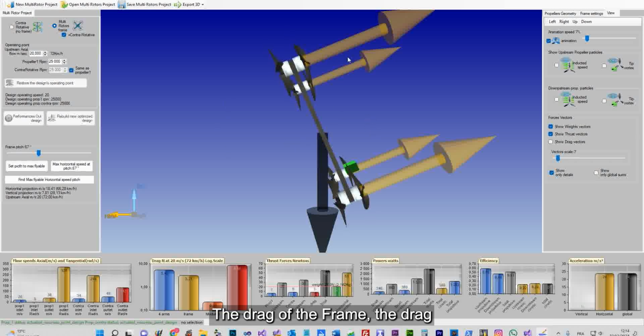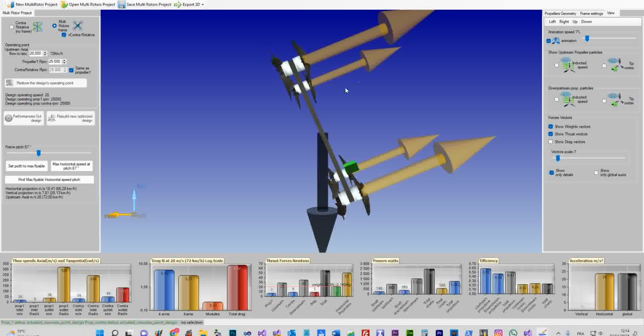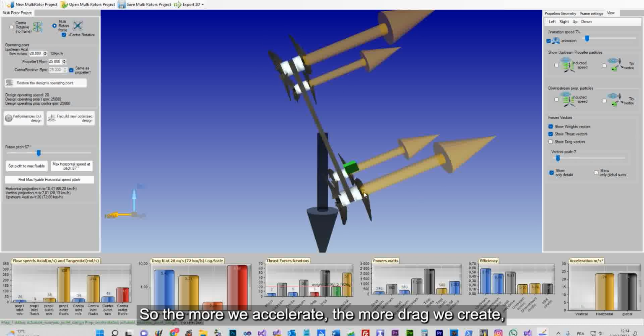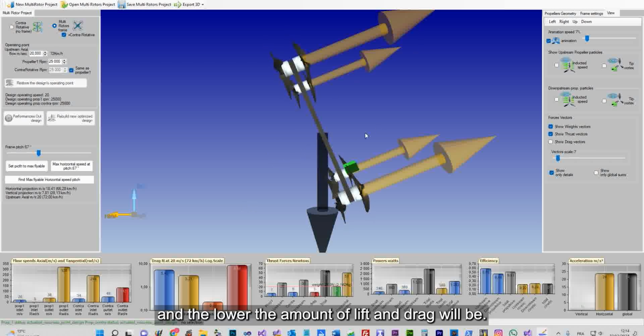The drag of the frame, the drag of onboard objects, increases with speed. This drag will be a negative force which will subtract from the lift. So the more we accelerate, the more drag we create, and the lower the amount of lift will be.